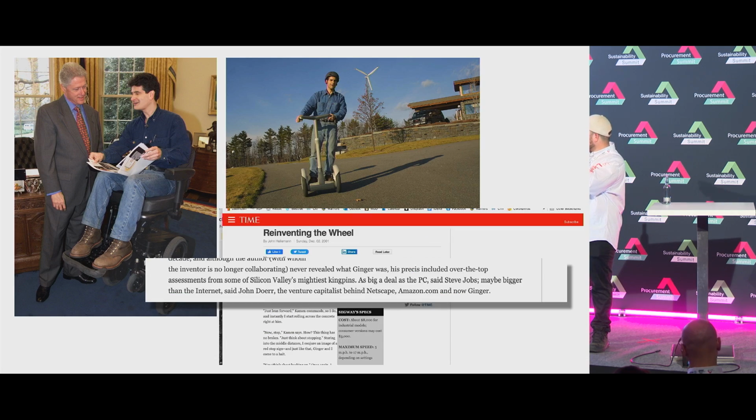Does anybody know who this guy is on the left over here? This might be a bit of an American reference. I'm not talking about Bill Clinton, by the way. I think we know who he is. But the guy next to him is a guy named Dean Kamen, and he was the inventor of a product called the Segway,